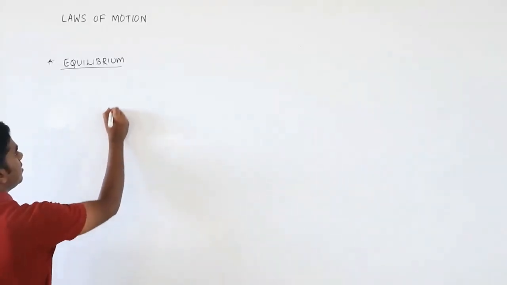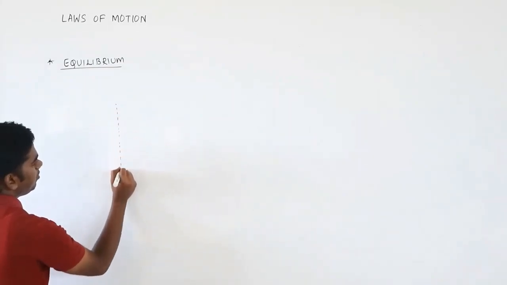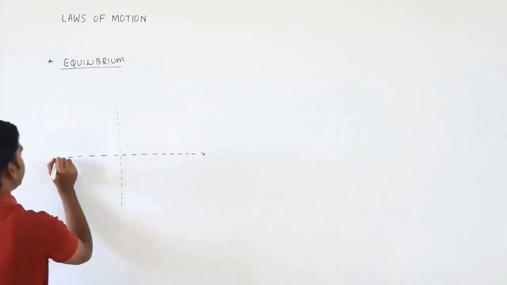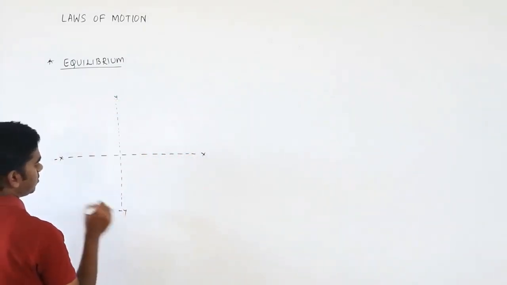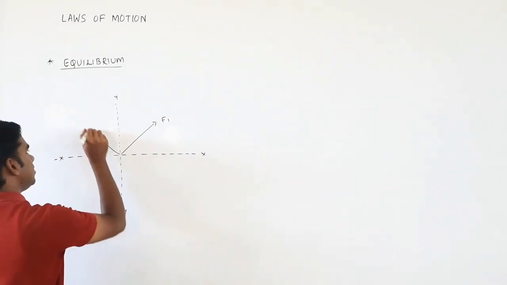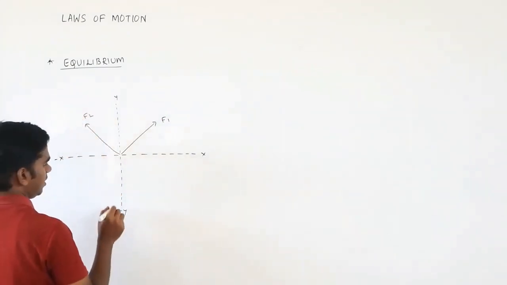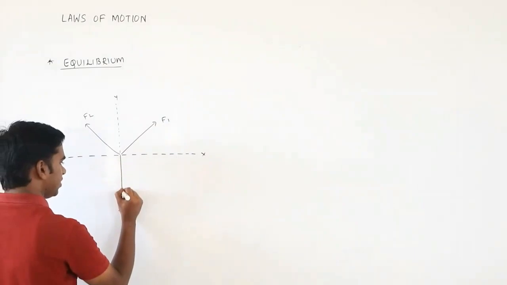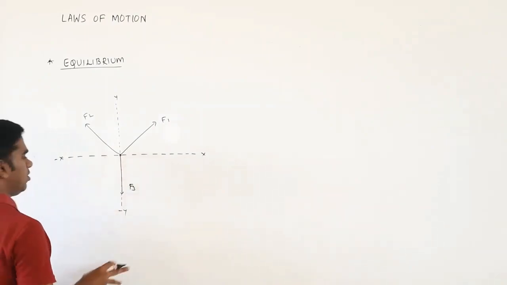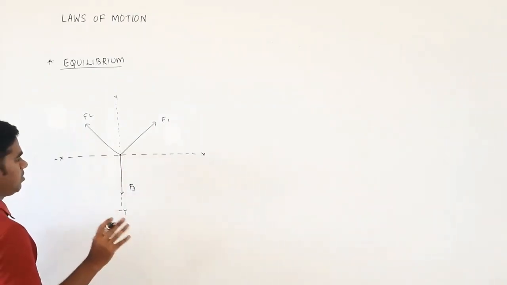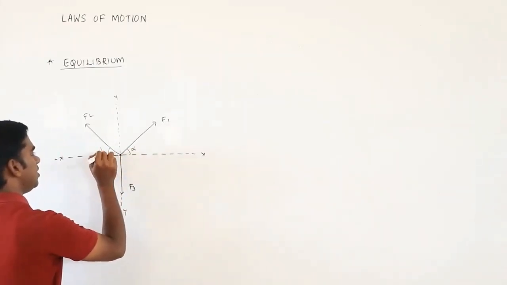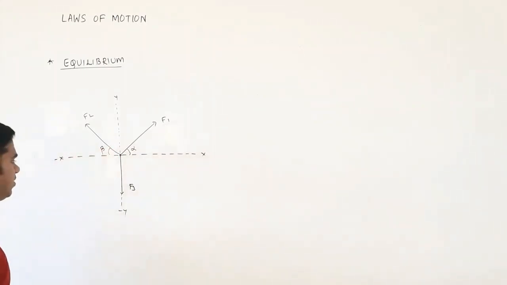So let me take three forces and we will check how we can make the sum of components equal to 0. Okay, so this is x, minus x, y, so minus y. Here one force is acting, call it F1. Here another force is acting, call it F2. And here one more force is acting, F3. If a body here is at equilibrium, we will check how we can make the sum of components 0. Say this is making an angle alpha and this is making an angle beta, or theta 1, theta 2, whatever you can take.